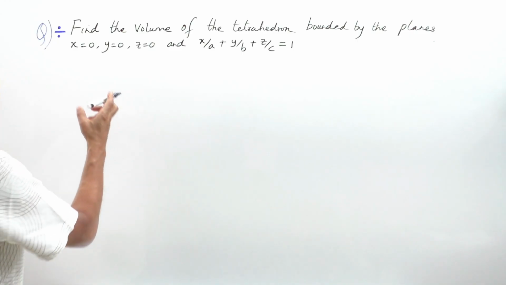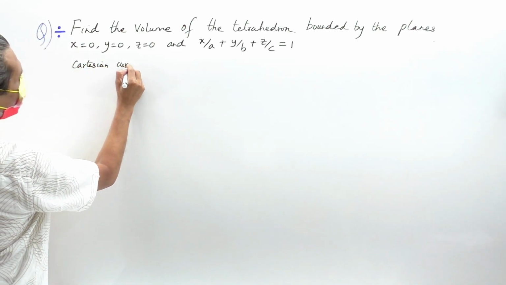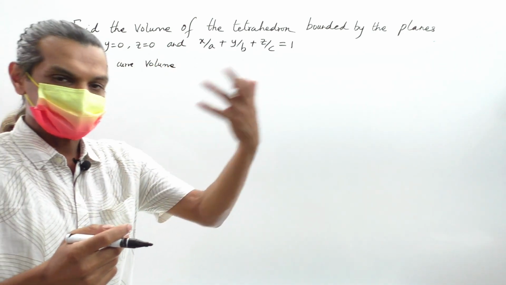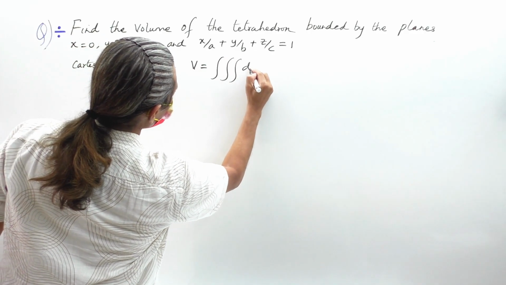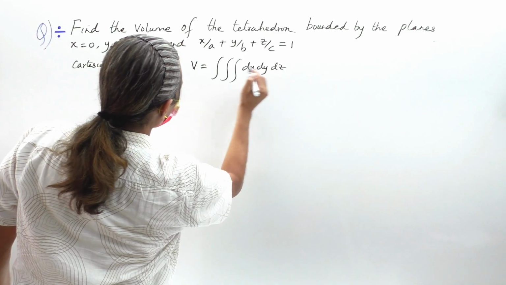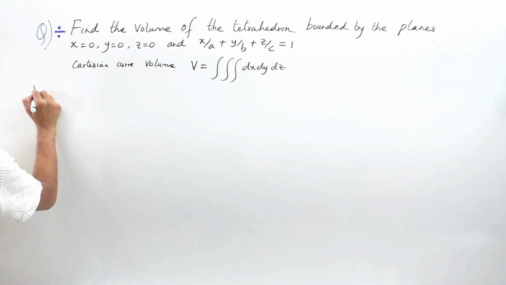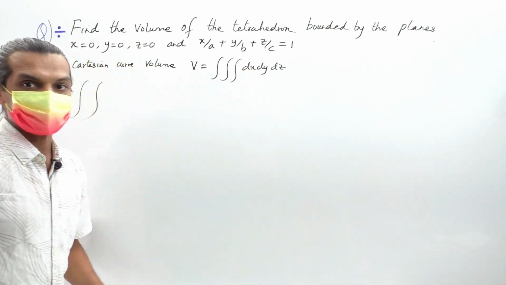for any Cartesian curve, the volume, I write here first. For a Cartesian curve, the volume is given as length, breadth into height. So definitely V is equal to the triple integration of dx dy dz. Okay, so this is the formula to find the volume of Cartesian curves. Now we have already solved some problems on triple integration. The same idea follows here. So let's understand it. So we have volume equals, now see this region, the limits we need to find out,